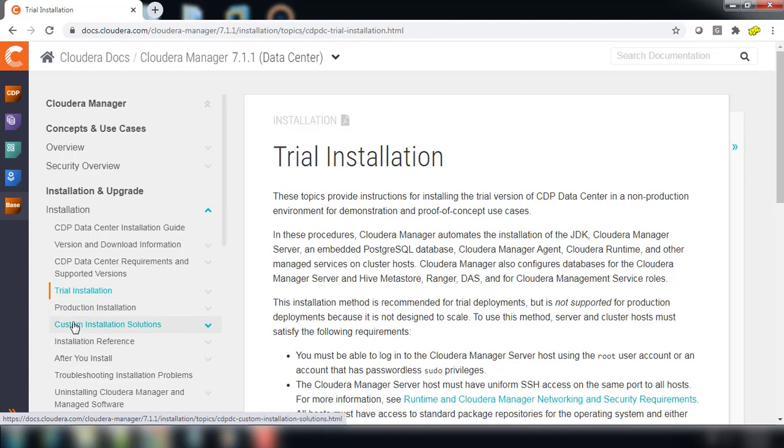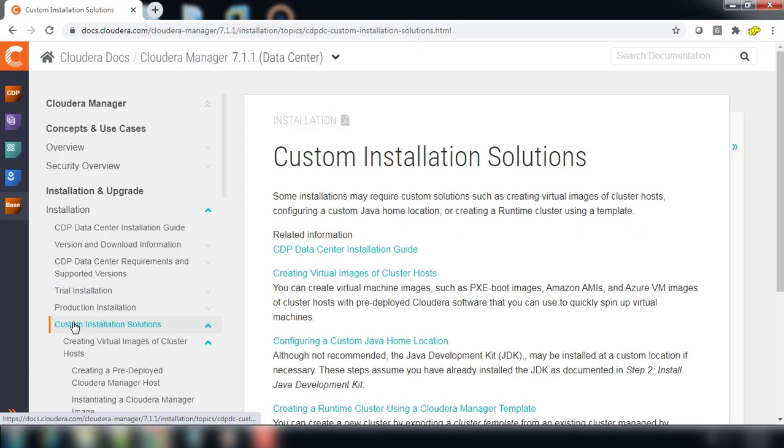We mainly use the trial or production installation, but we still have a custom installation. You can create an Amazon image or Azure VM image with pre-deployed Cloudera Manager agent or server packages, so that we can quickly build a cluster using this image.